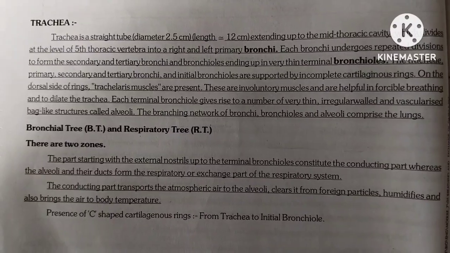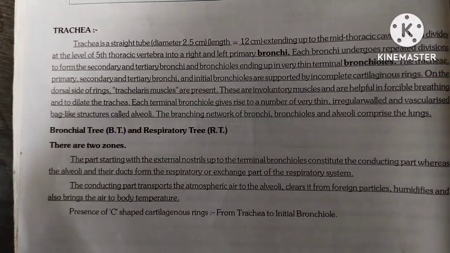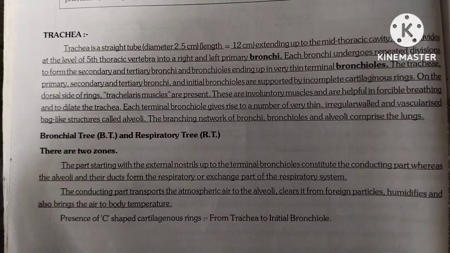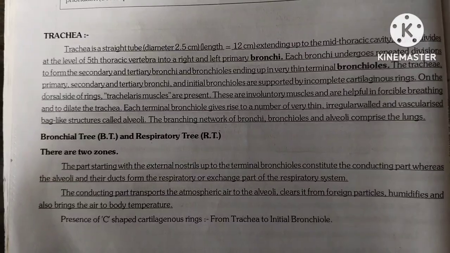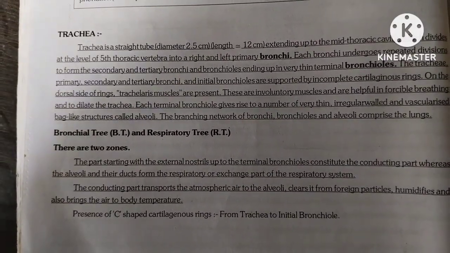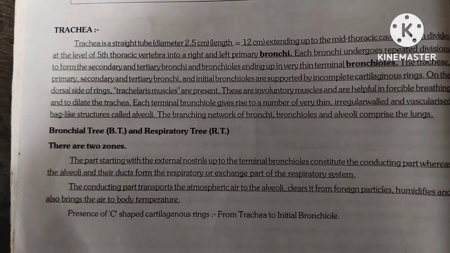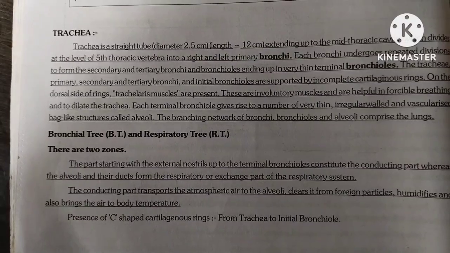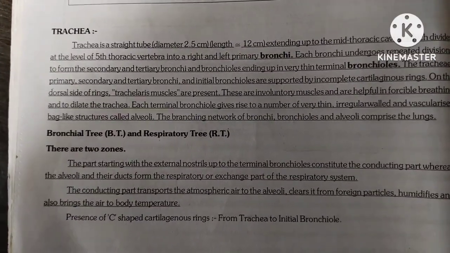Trachea. The trachea is a straight tube, diameter 2.5 cm, length 12 cm, extending up to the mid-thoracic cavity, which divides at the level of the fifth thoracic vertebra into right and left primary bronchi. Each bronchus undergoes repeated divisions to form the secondary and tertiary bronchi and bronchioles, ending up in very thin terminal